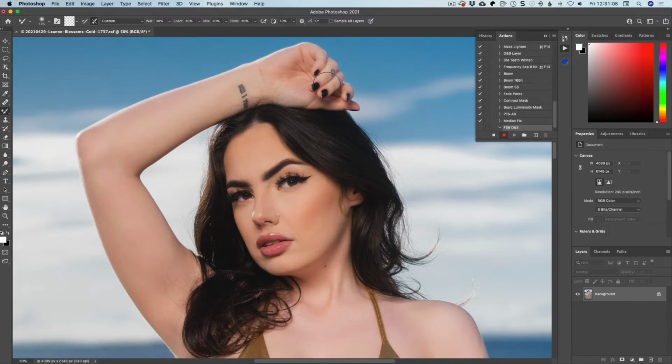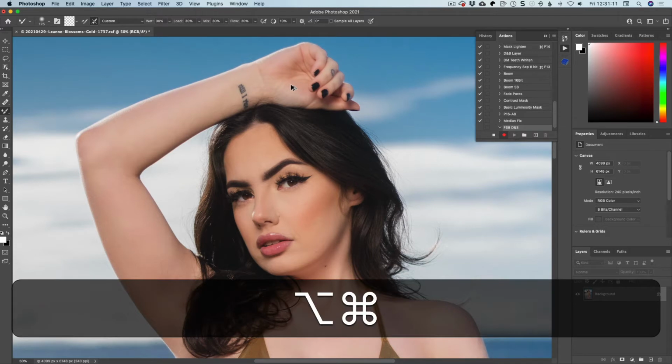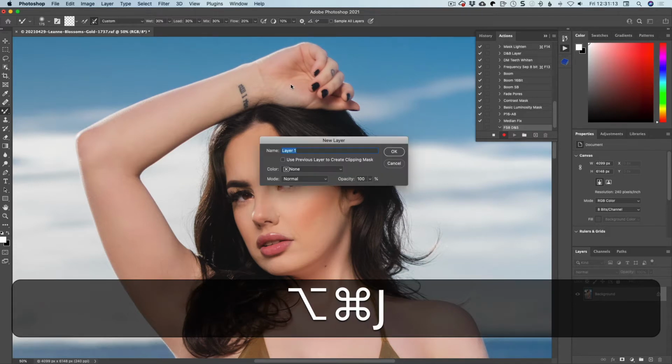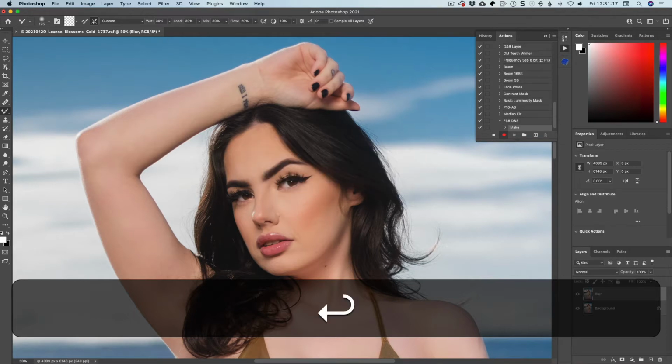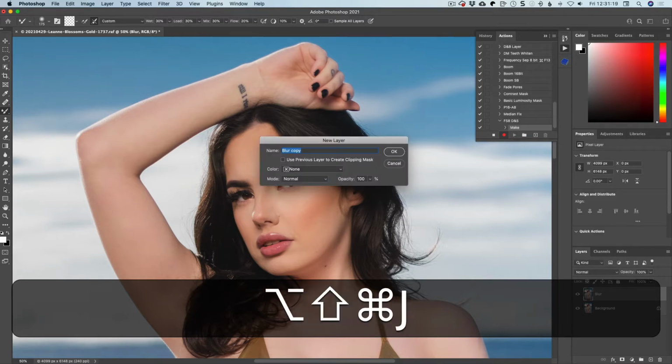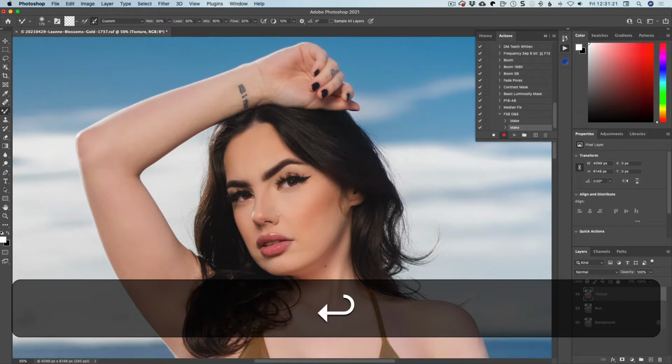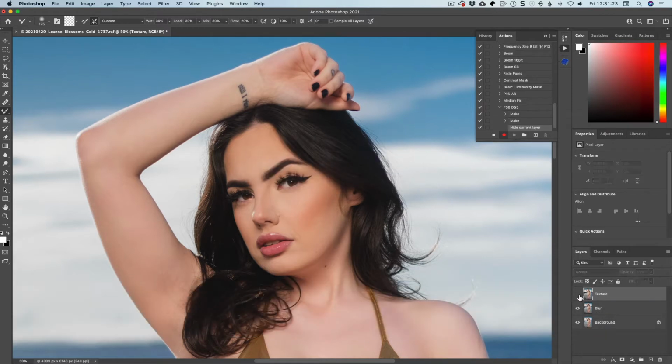And then, so we start off. We know the shortcut is Control Command J, and this is blur. And then the same again for texture. All right, we'll turn this off just so you can see what's going on as it's turned off. Obviously this is getting recorded as part of the action, but that's fine. So we're going to go,